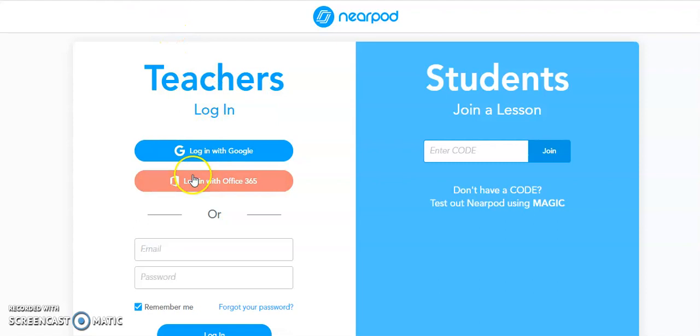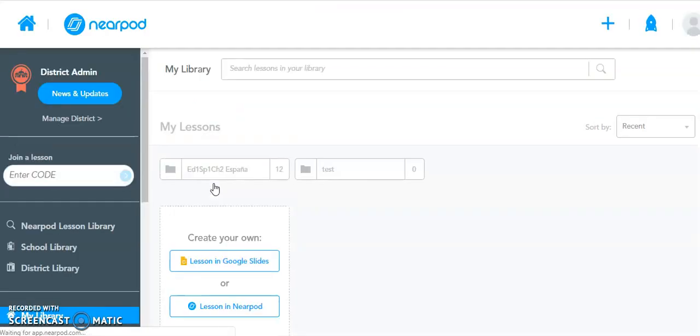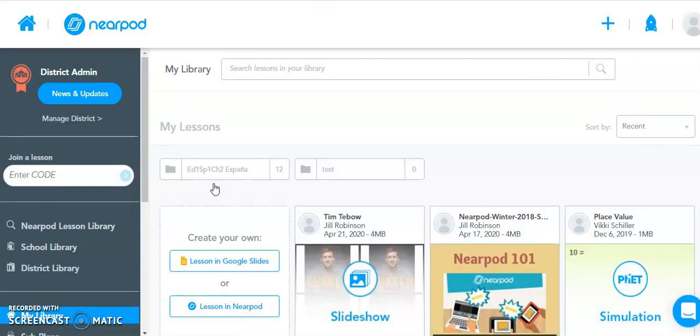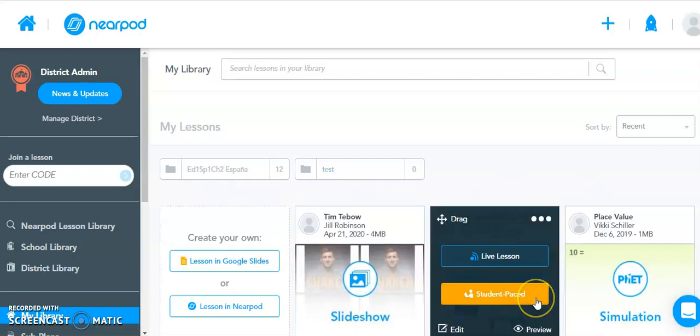As I already have an account, I'm going to go ahead and log in with Office 365, and this is going to bring me to the Nearpod.com landing page. Your page is going to look similar to this. However, if you have not used Nearpod before, you're not going to have any lessons down here. The landing page brings you to your library, and your library is going to be all the lessons that you